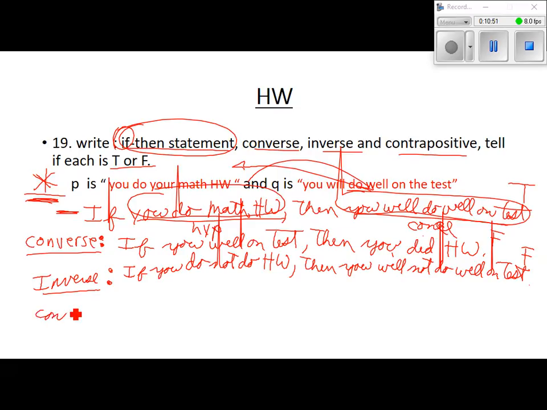Contrapositive. It switches and negates. Switches and negates. So what would the contrapositive say? If you don't do, oh, if you don't do well,